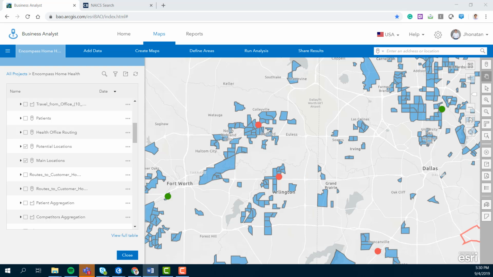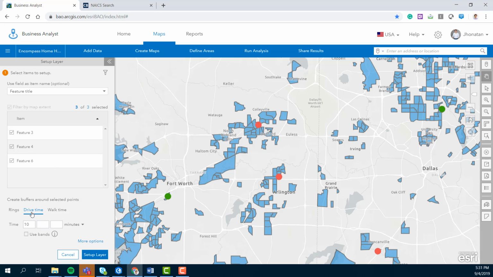So, as you know, investing in a new clinic is an expensive proposition. I want to make sure I have the best chance for success while minimizing financial risk. So I am going to compare the potential of each of these three locations by first creating a service area polygon around each one. So I just need to go ahead here, set up a layer, and here you can see that I can create these service areas using driving time. I will set the time to 10 minutes,